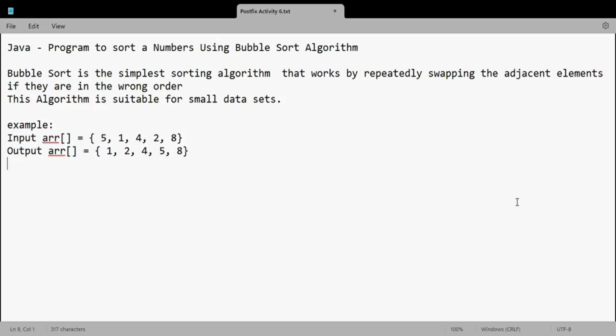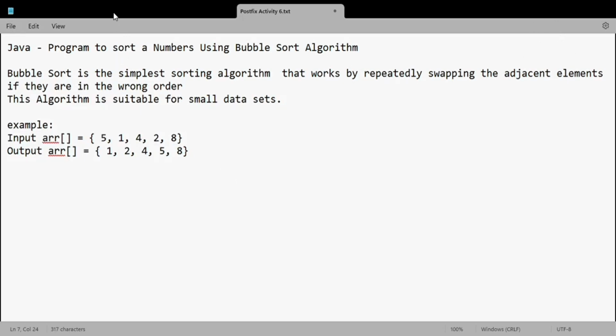So how does the algorithm work? We are going to start with the first index i and the second index j, and we are going to compare both these elements, checking whether this one is less than 5. If not, we swap these elements with each other, and then the second element, which will be 5 in this case, will be checked with the third element, which is 4. If 5 is greater than 4, then again we will swap, and so on.